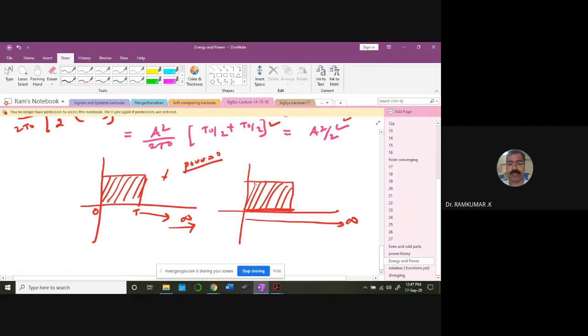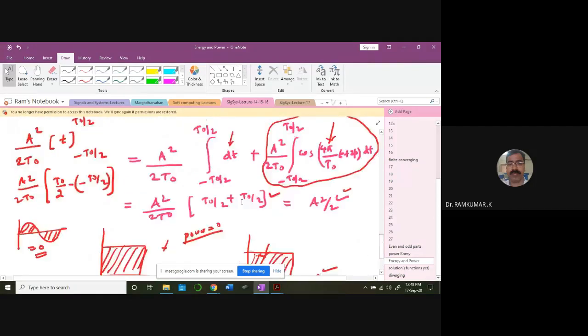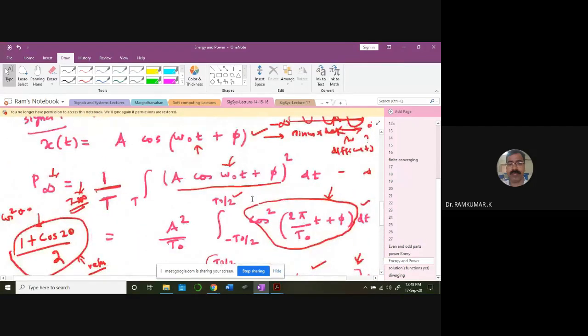This area you are going to distribute for the entire time t tends to infinity. So naturally this area is going to come down immediately. Okay, so easily you can visualize it. In fact, I told you this is one signal and this is another signal. If it is going to be like this, when you take the area, what happens? It becomes 0, right? The same manner here. If this is the area and you average it for time t tends to infinity, the power becomes 0. The entire area becomes 0. Okay, the average becoming 0 is a key point.